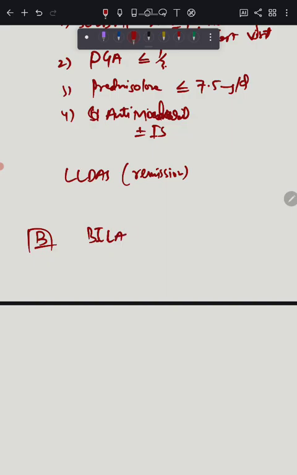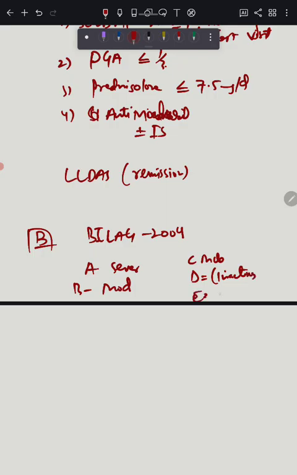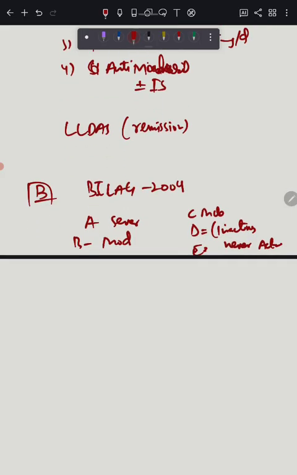Also another severity scoring index was BILAG, BILAG 2004. That's organ by organ. It grades activity per system. A is severe, B is moderate, C is mild, D is inactive, E is never active. So it maps directly to treatment intensity. That's A needs higher intensity therapy, B needs escalation, and